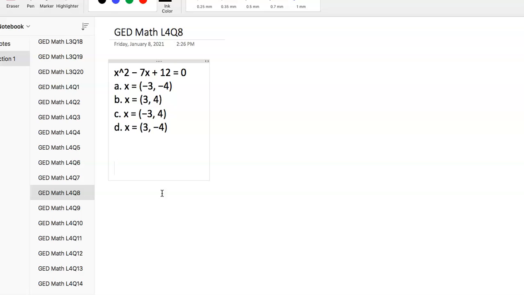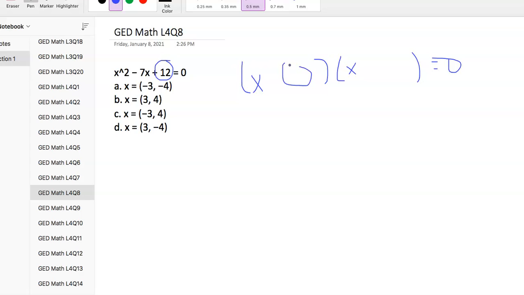Okay, question 4. All right, so it's just a factoring question. Right, so we set this stuff up equals 0. Okay, and so we always think we got an x here, we got an x here. Okay, and then we have this number here, 12. I'm circling. Okay, and so we need the numbers that are going to be here and here to multiply to 12, but to add up